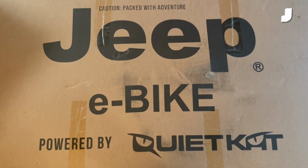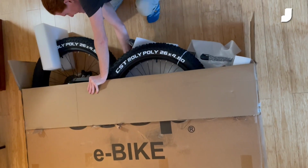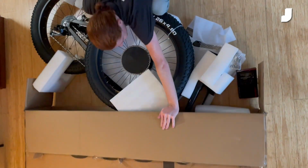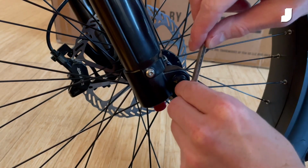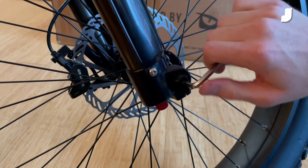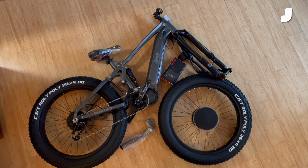Colorado. When it first turned up in my apartment, the bike and its 1000 watt motor were packed away and needed assembling. So out came the tools and on went the front wheel, the kickstand, the handlebars, and the pedals. These were all easy to install with just a couple of Allen keys, which QuietKat supplies in the box with this $6,000 bike. Also in the box is the charger, which takes about 5 hours to fill up the bike's